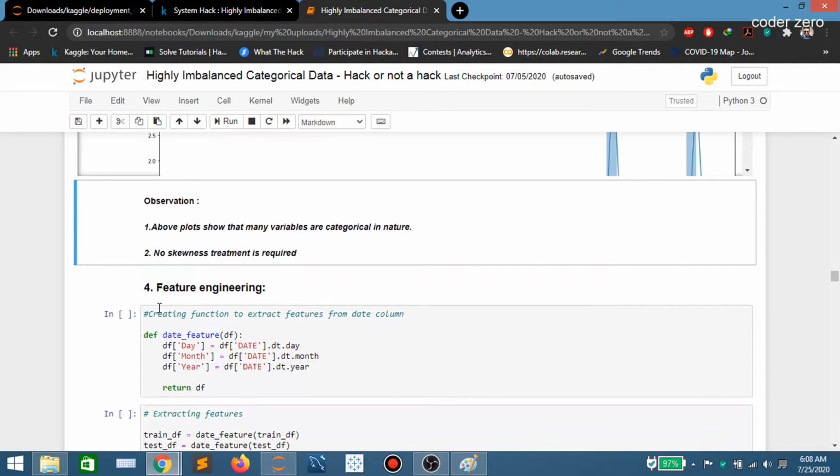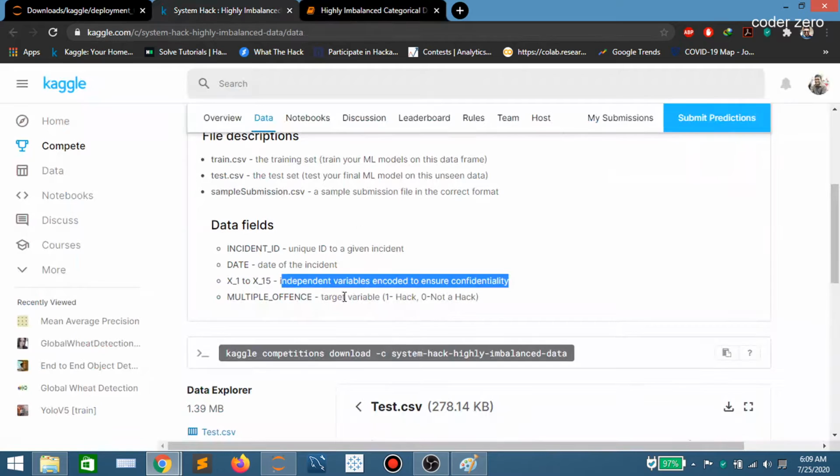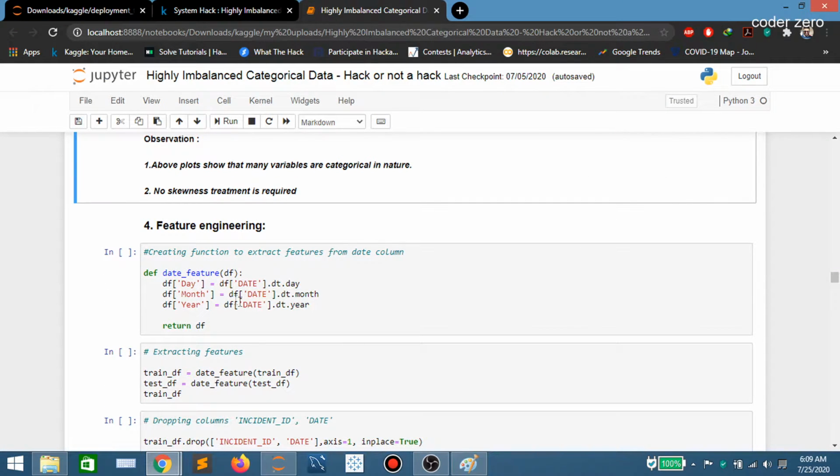Now let's see how to do some feature engineering here. So guys, remember we have only the date column, because we don't have any information regarding these columns, and this is our variable column, and this is just an ID column. So if you want to extract some information, we could extract some information from the date column. So here we are extracting date, and we are extracting month, and we are extracting year from the date column, and we are creating separate columns.